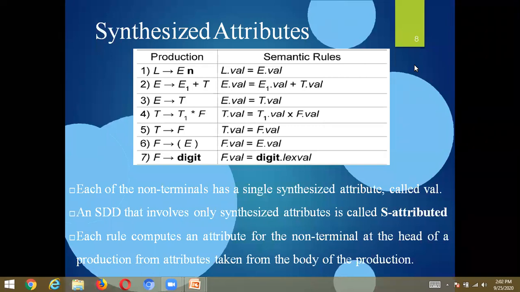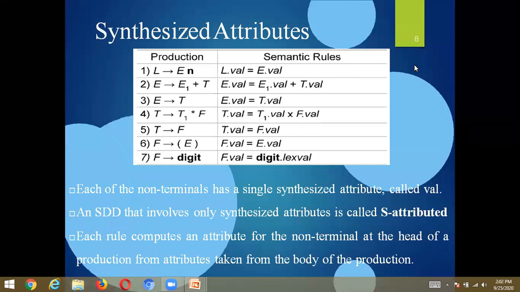In the semantic rules we define the attribute dot VAL. What it means is, for the non-terminals L, E, T, F in the grammar, the values can be obtained using the attribute VAL. Here VAL is an attribute, and the semantic rules compute the value of the VAL.